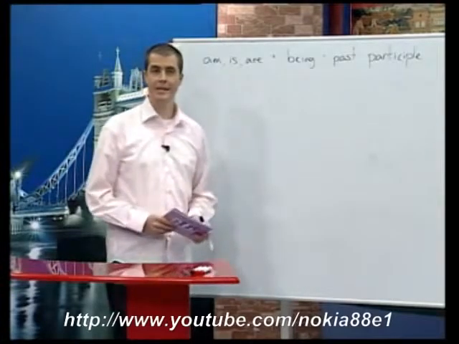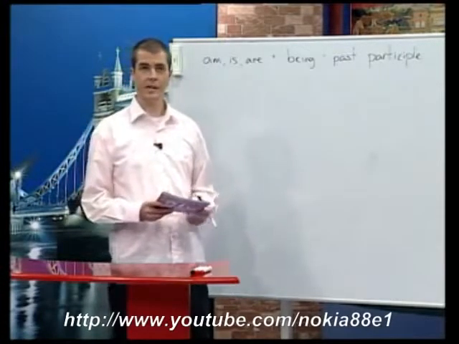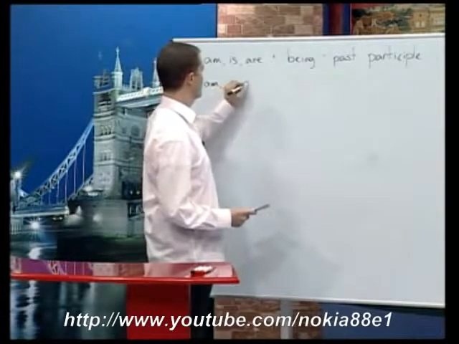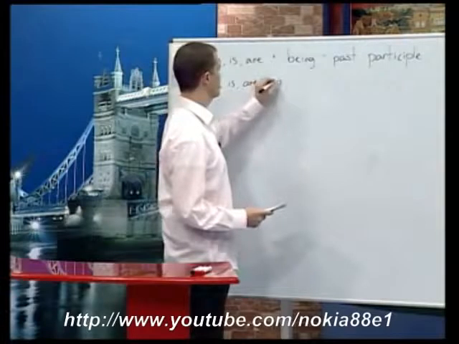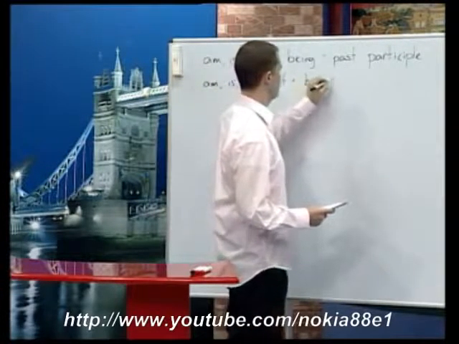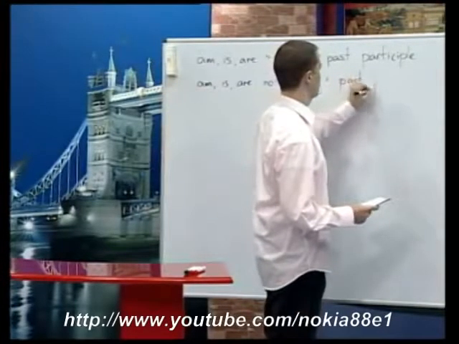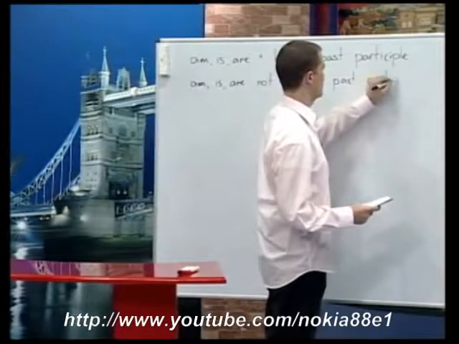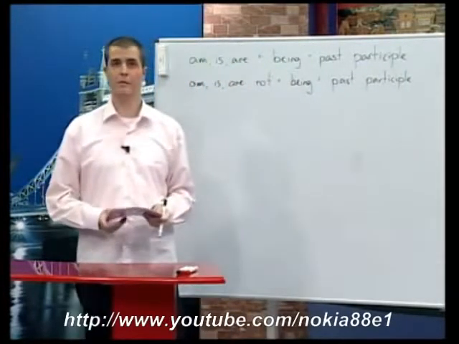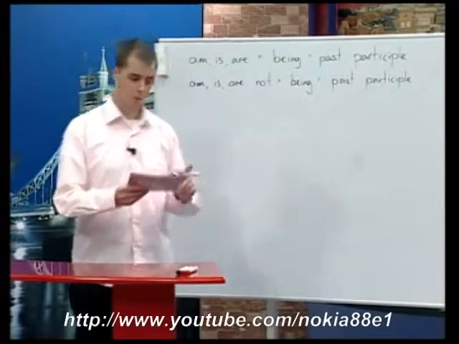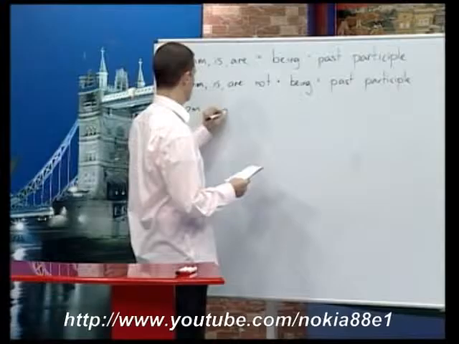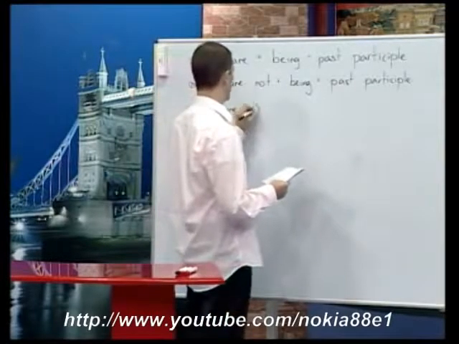To form the negative, we use am, is, are not, plus being, plus past participle. And to form questions using the passive voice in the present continuous, we use am, is, are, plus subject,